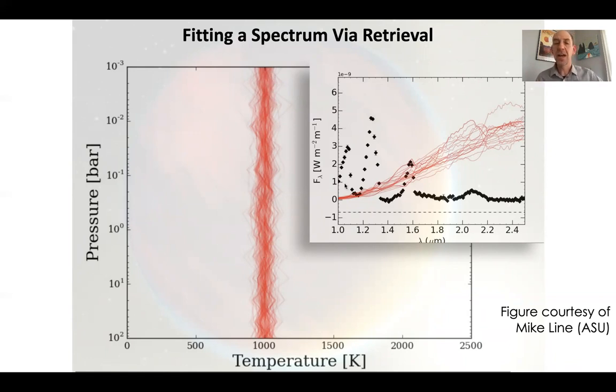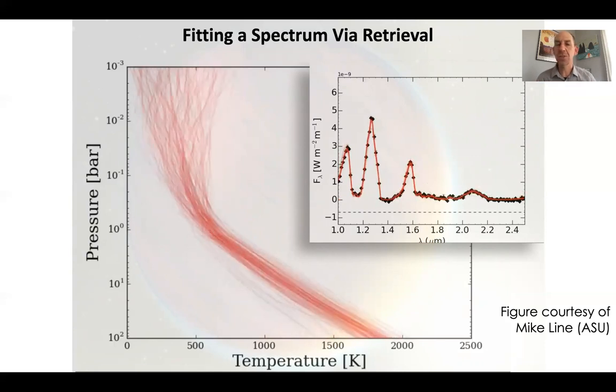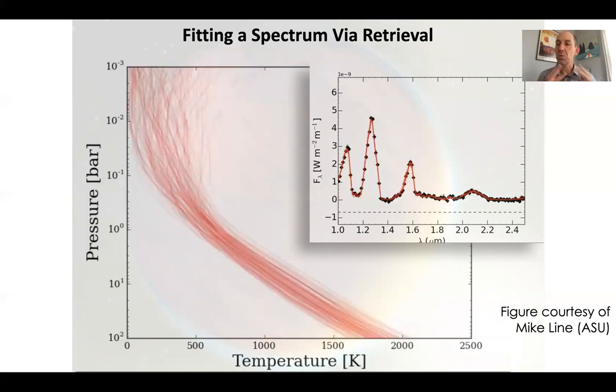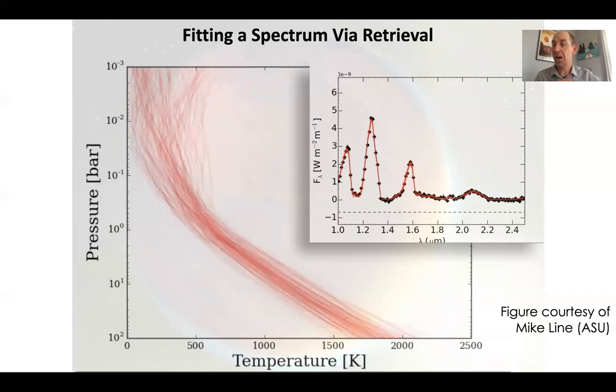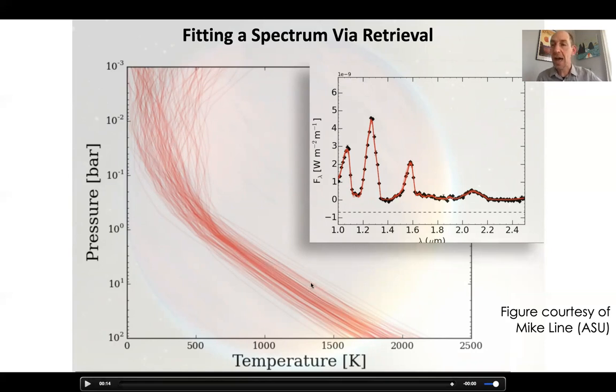This is a movie. On the upper right here is an emission spectrum. The object's bright here at 1.3 microns, 1.6 microns. Here's the initial guess pressure temperature profile. If we let the movie roll forward, what we find is that by running tens of thousands or hundreds of thousands of models, we can iterate repeatedly using an MCMC to find that we can fit the spectra with a range of possible pressure temperature profiles. Each one of the pressure temperature profiles in this plot would also have an associated amount of atmospheric abundances: methane,